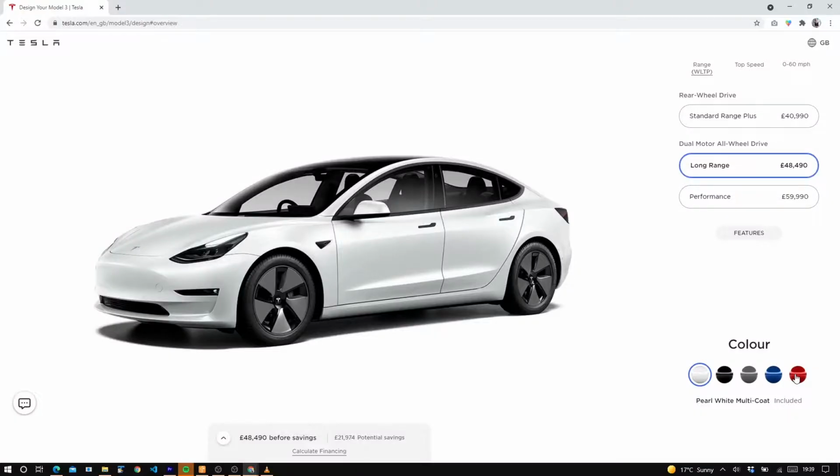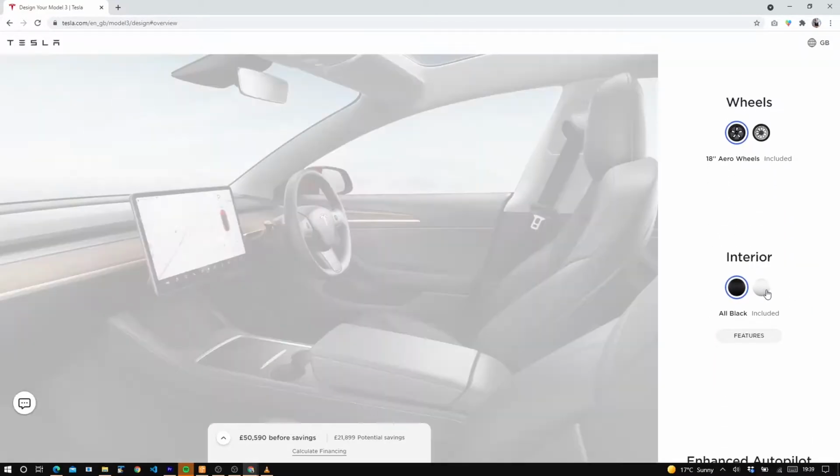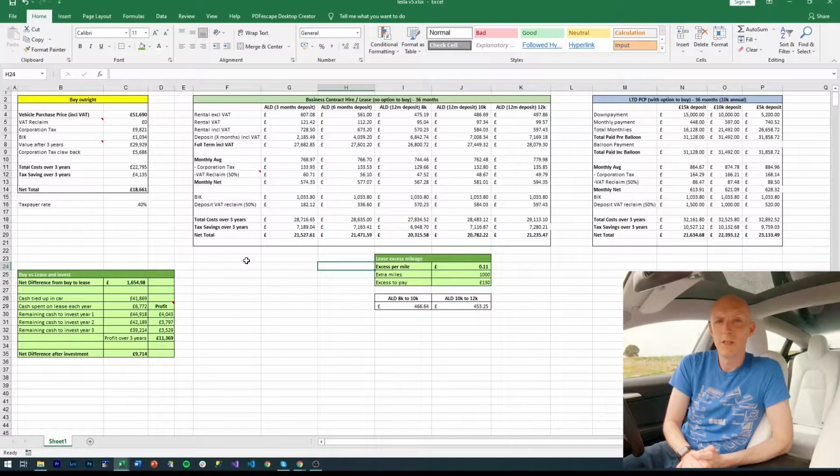So firstly, you're going to want to go to the Tesla online configurator and configure your vehicle. The next thing you need to decide on is the mileage and the term of the lease that you're happy to go for. And if you want an easy way to compare leasing deals, I've got a spreadsheet I talk about in another video, which I will link to now. That will allow you to put in the different costs and the deposits and the mileage, etc. You can just plug in your own leasing deals from ALD or from anywhere else, and you'll be able to